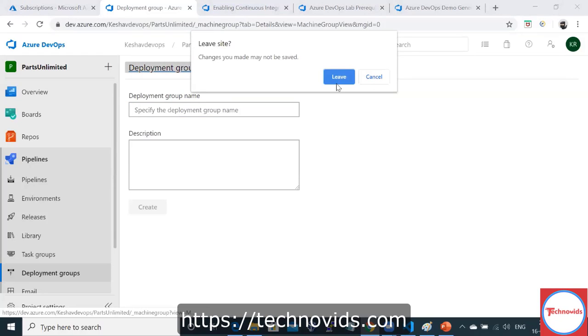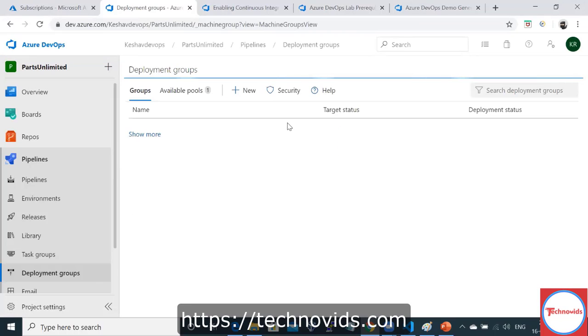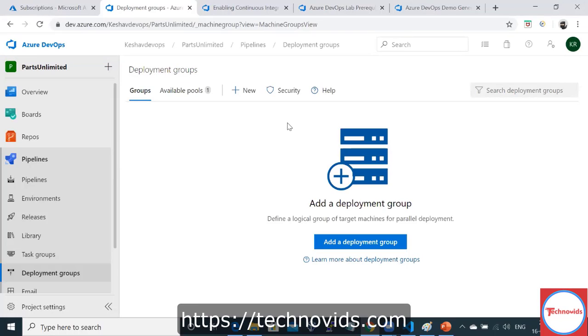Why do we need deployment groups? Suppose there are 1,000 servers where you want to perform some task, for example sending a particular package update. Now you cannot run the pipeline for all 1,000 servers at once, right? It takes forever to complete.